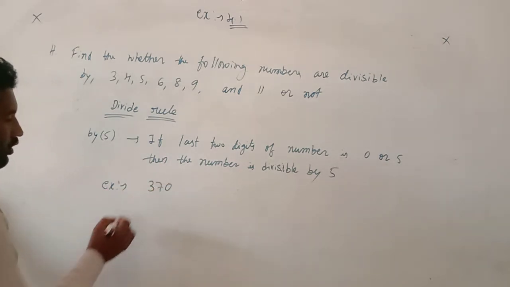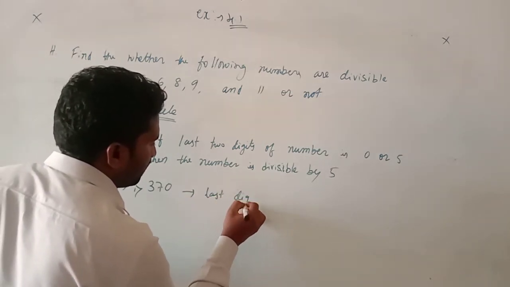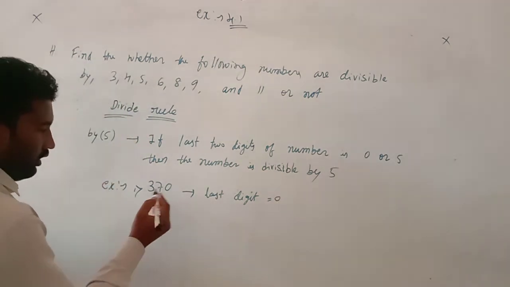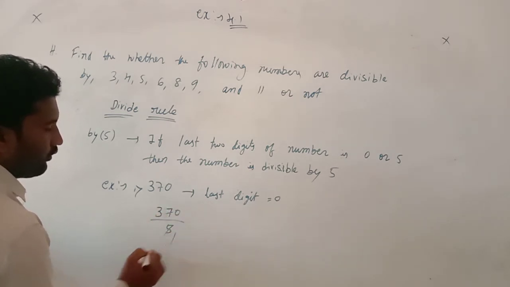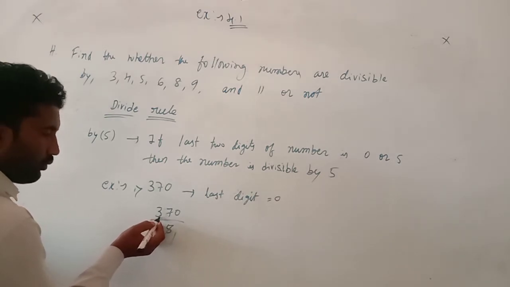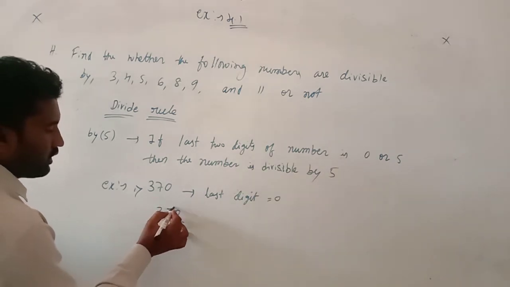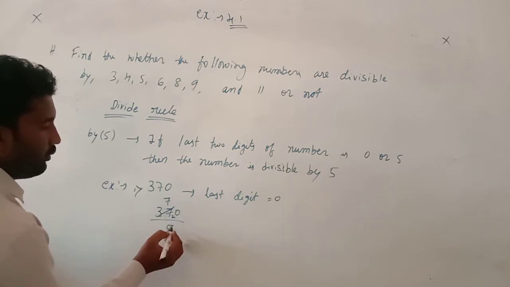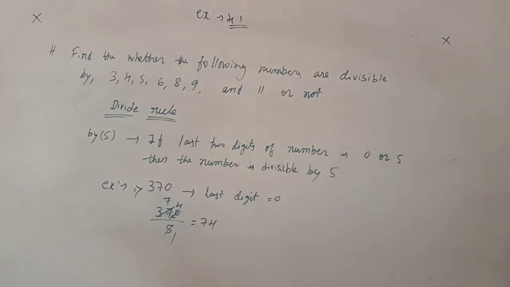370. The last digit, how much is it? 0. So the number should be divisible by 5. 35370: 5 7s are 35, by one table it is not possible, taking one digit is not possible, taking two digits is less than 5. So 5 7s are 35, remainder 2. 5 4s are 20. It is 7074. So the number is divisible by 5.